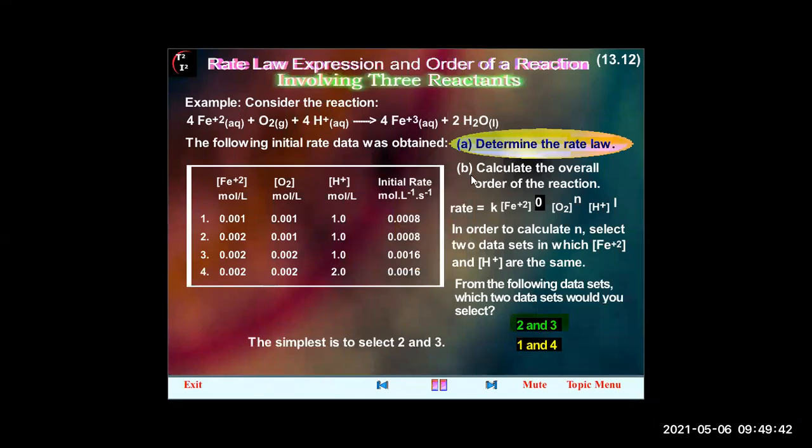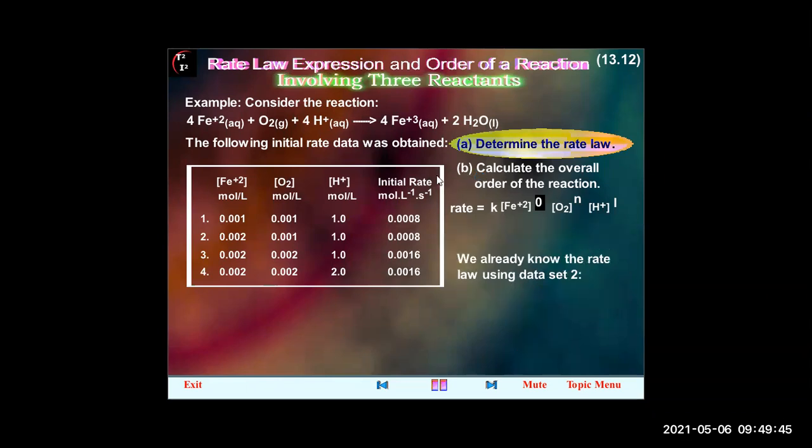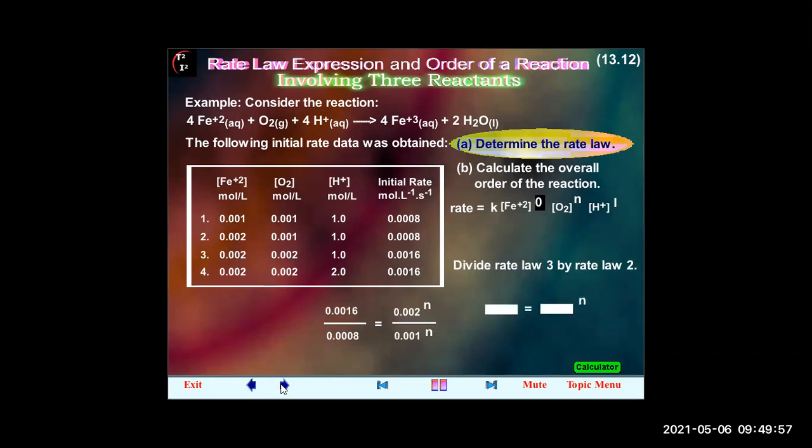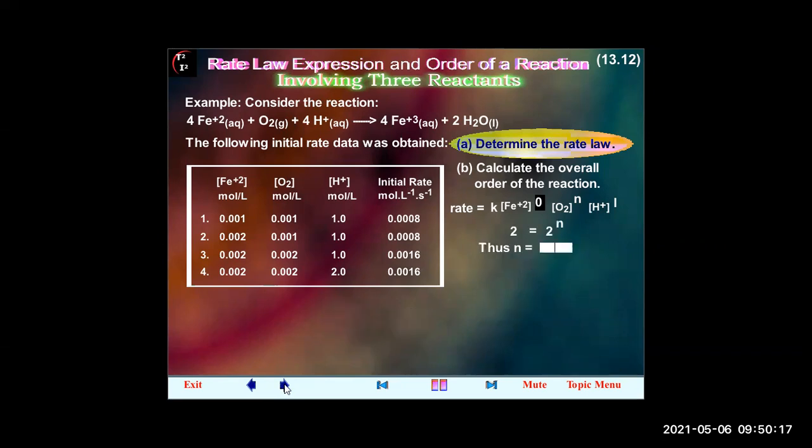The simplest is to select 2 and 3. We already know the rate law using data set 2. Write the rate expression using data set 3. Thus, N is equal to